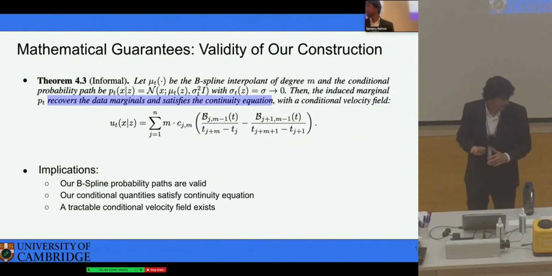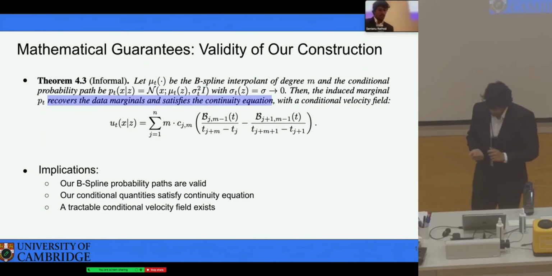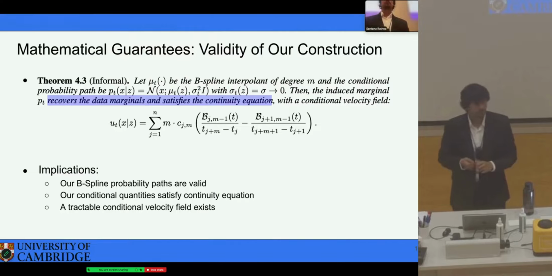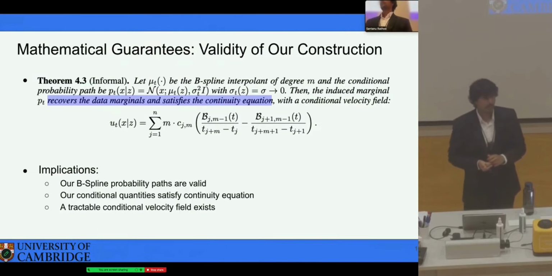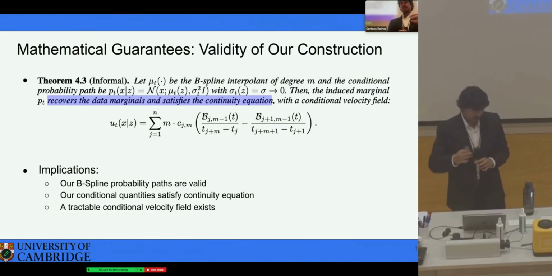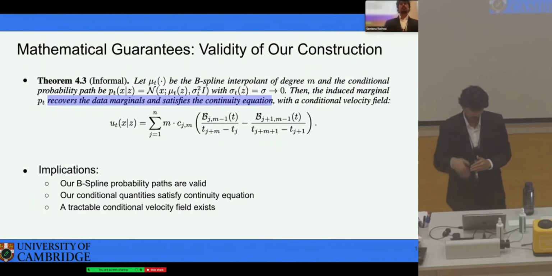These guarantees are in the sense that the conditional paths that you're going to characterize and the corresponding conditional velocity fields need to observe the continuity equation. That is first. And the second guarantee is that you can recover your true marginal velocity field as well as the probability from the conditionals that you're devising. And this is also something that we prove for the